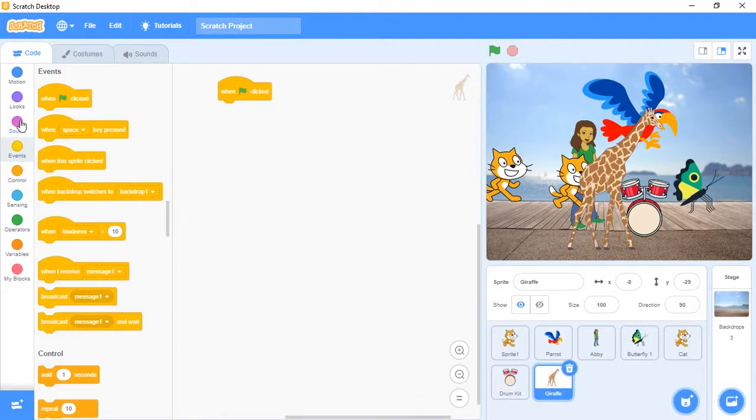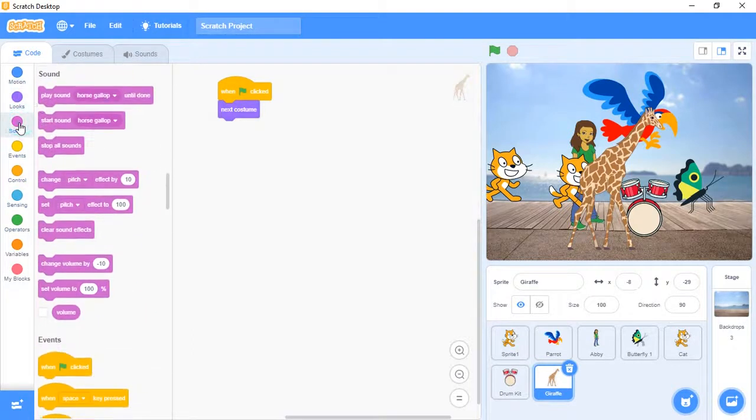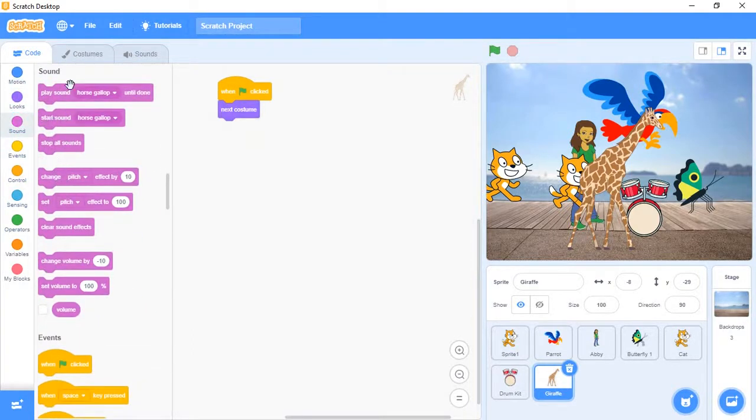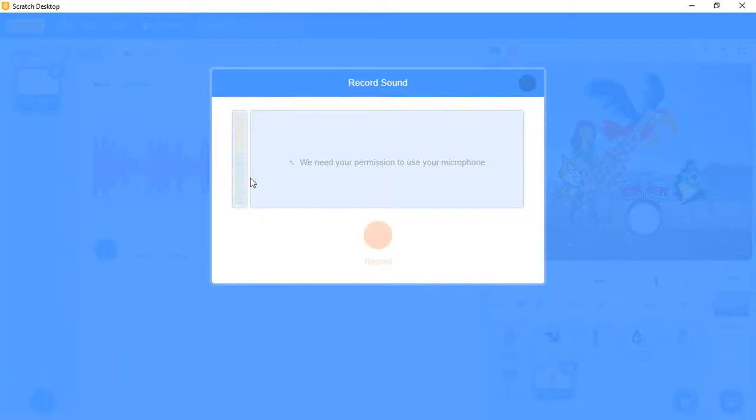When green flag is clicked, next costume, sound, now record. Directly from here you can record. Another option I will show you.